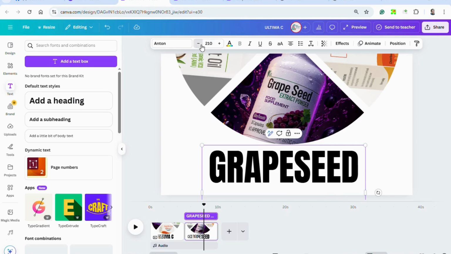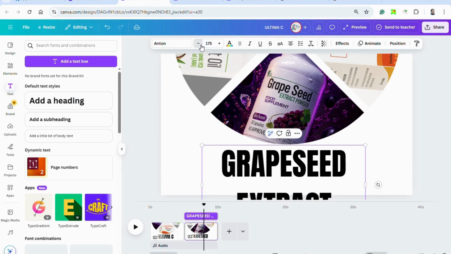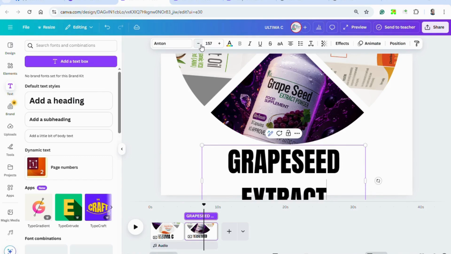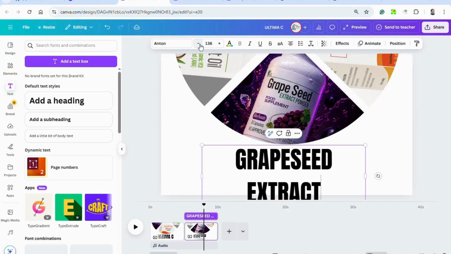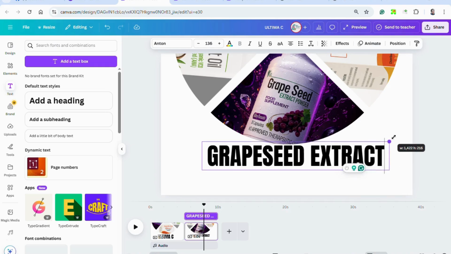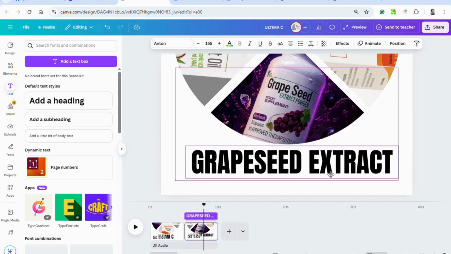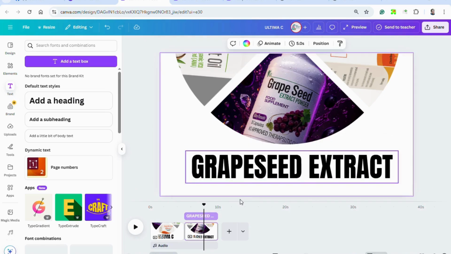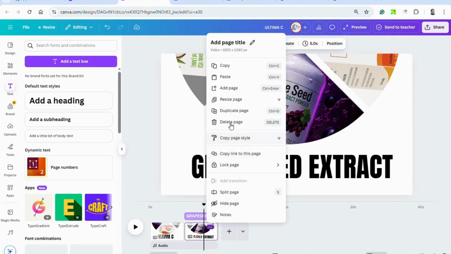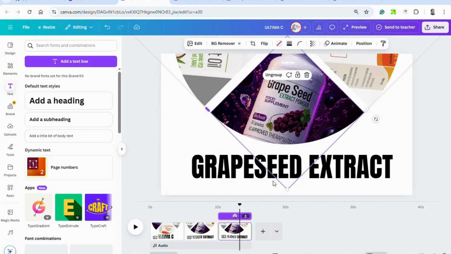Now let's make the font smaller so that you can see all the text under this picture or this photo, the grapeseed extract. Okay, let's make it a bit bigger. There. And then again, let's duplicate. Click 3 dots and then click on duplicate. Okay. Now let's